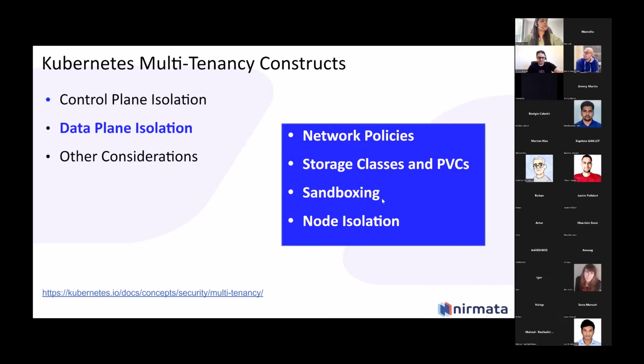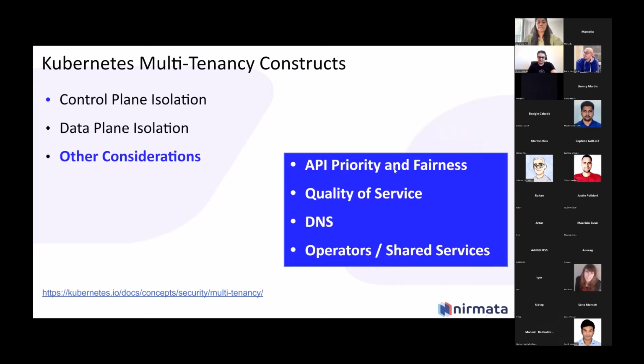You may want to consider things like container sandboxing, right, with gVisor. You also can do node isolation for some tenants if you want to put their workloads on different compute resources altogether. And then finally, you want to think through the fairness and priority, because you don't want one noisy neighbor to impact others. You want to use the constructs of quality of service,